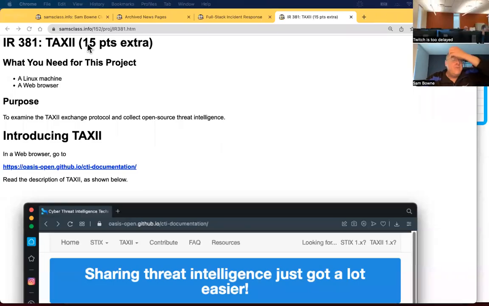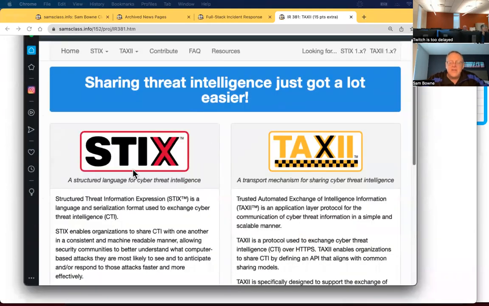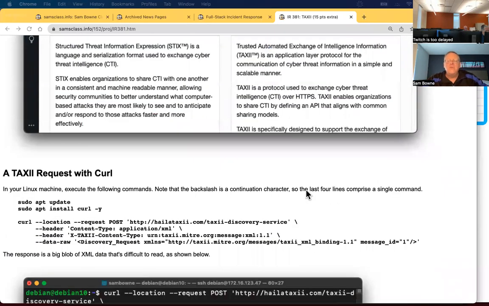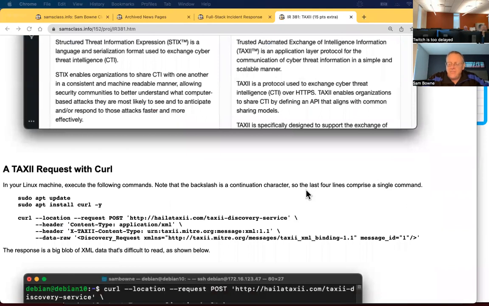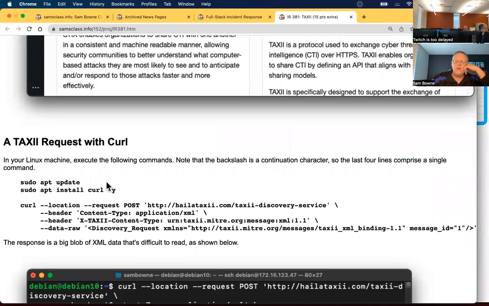Okay, now Taxii is what sends that threat intelligence from one machine to another. There's a page here explaining the same one you've seen before, what STIX and Taxii are. When you talk about network exchanges, you typically describe it in terms of a curl request. This is just a standard way to express it. In Linux, the command curl can be used to send this POST request to the server requesting something, but